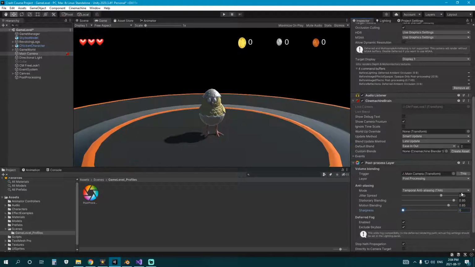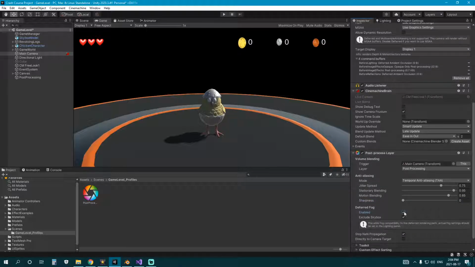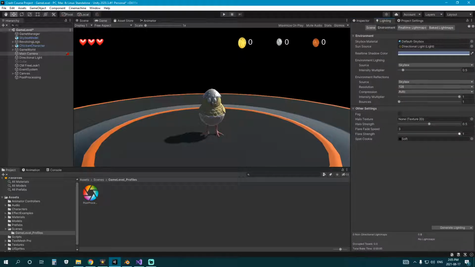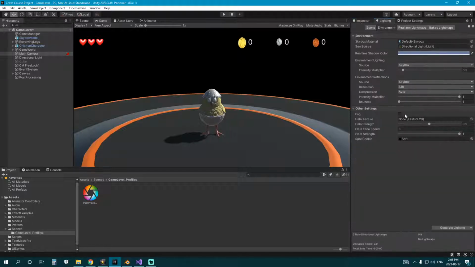We'll bring that all the way down. Jitter spread, sure. So here's that option for deferred fog on your post-process layer of your main camera. You can enable it if you want to use it. I'm personally not going to. You can actually change the lighting, the fog settings right here, as long as you have this enabled here. So if I go to lighting and enable fog now,